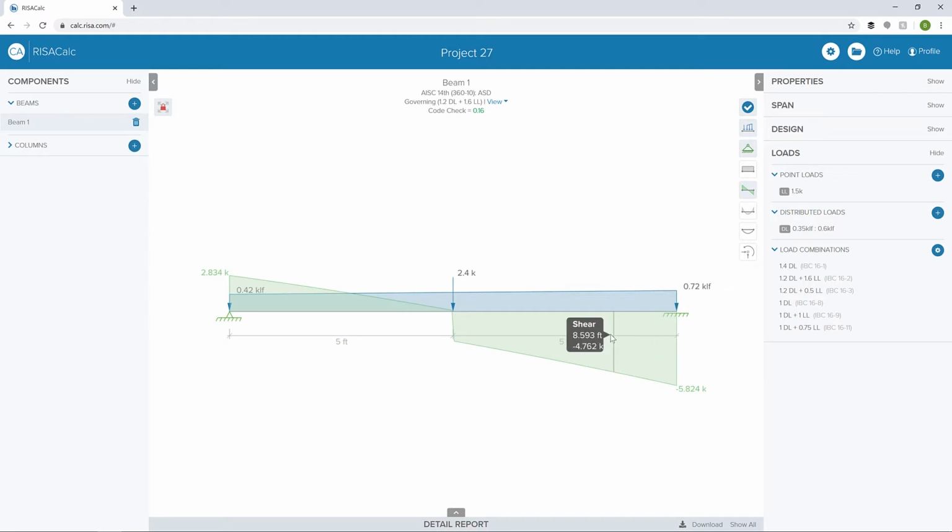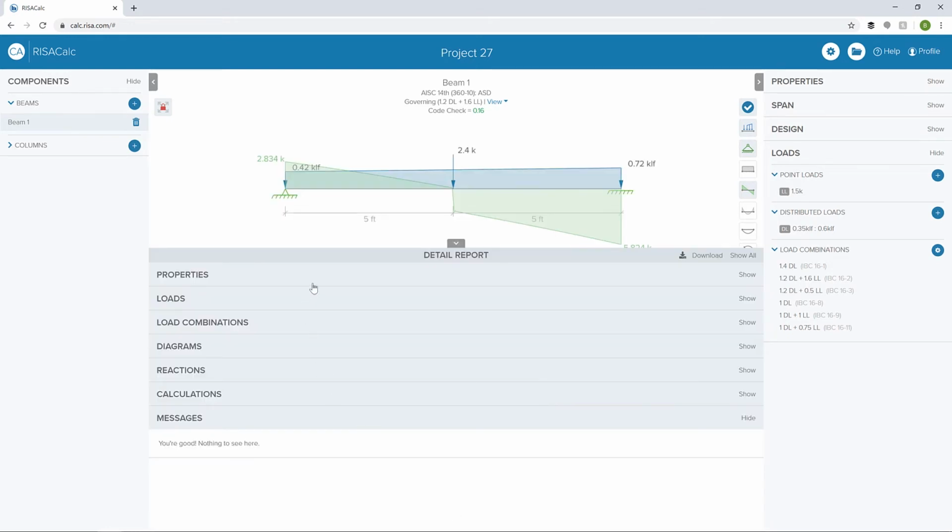We can see on the diagrams that we have different information as we kind of move through the diagram itself. So we can look at different locations and see that value there. We could also go ahead and see the governing load combination and code check that are being used here. Now, in addition to these graphical results, we can also expand the detailed report, look at some similar results,